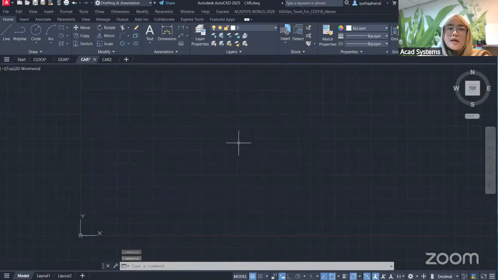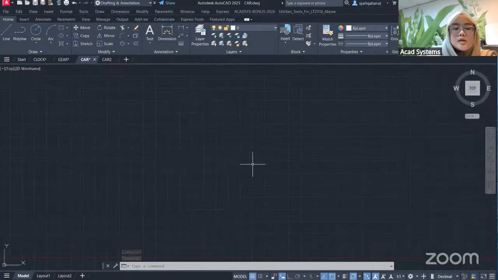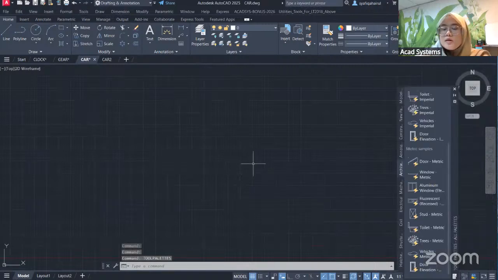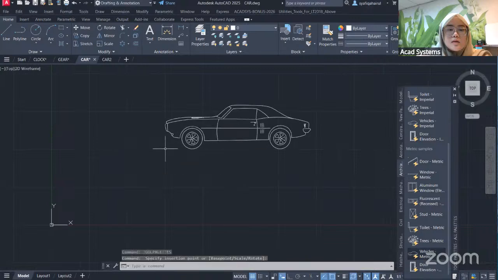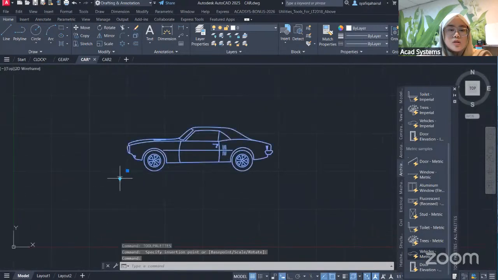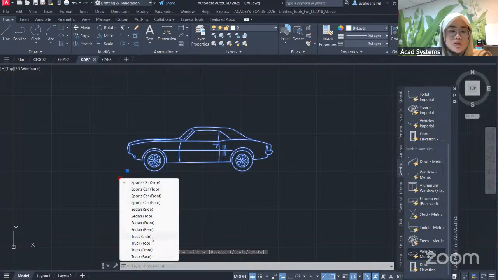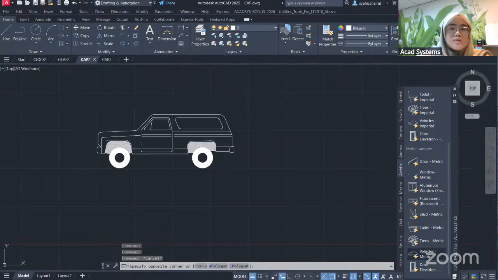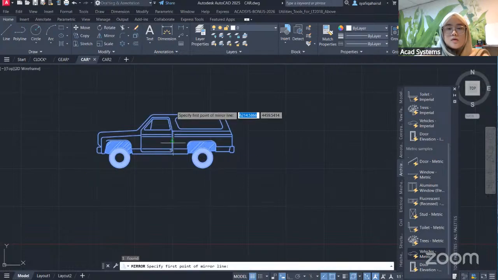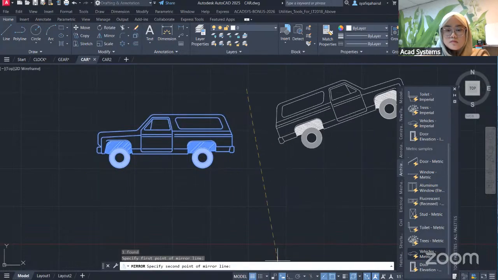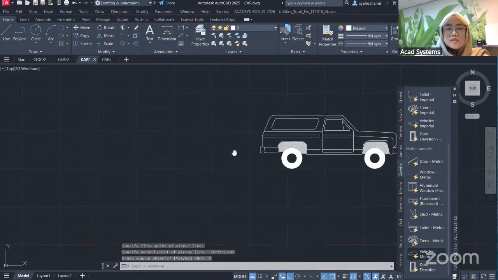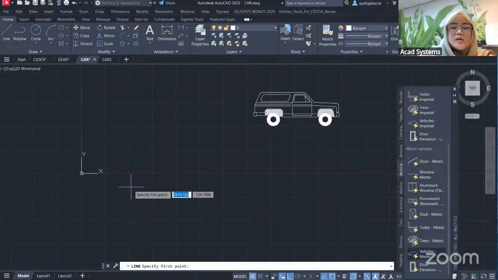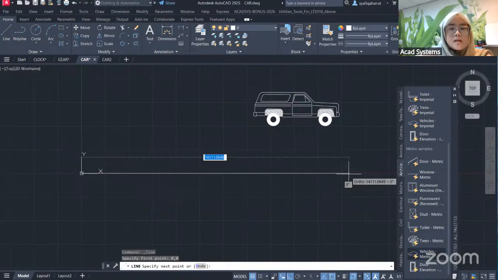Okay, now we go to the car. This time I want to make the car move. So I just take the car from here, from the tool palette, metric one. Click here, and then I will change this car to the top truck. And then I will mirror the truck. MIRR, right over here. Yes. And then I will make a line from 0,0